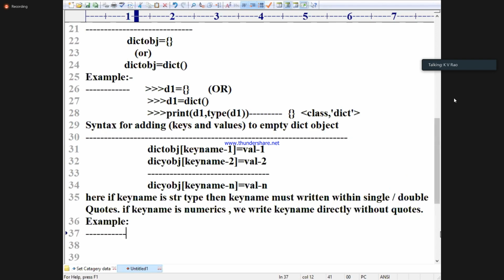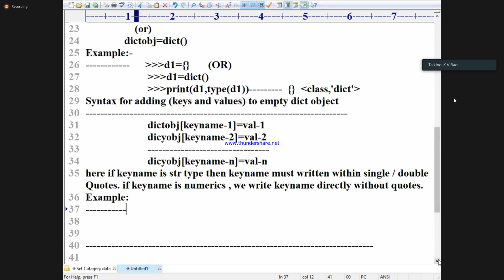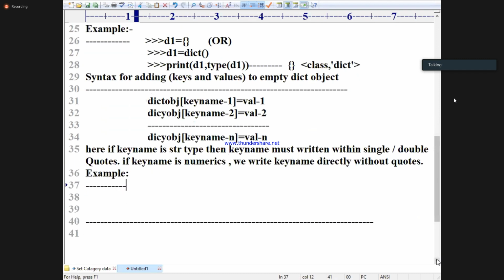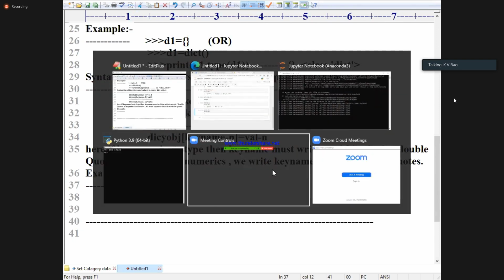If any doubts are there, please welcome. Satyam, you are asking the same doubt around 10-15 times. My dear student, just see the Jupyter notebook.